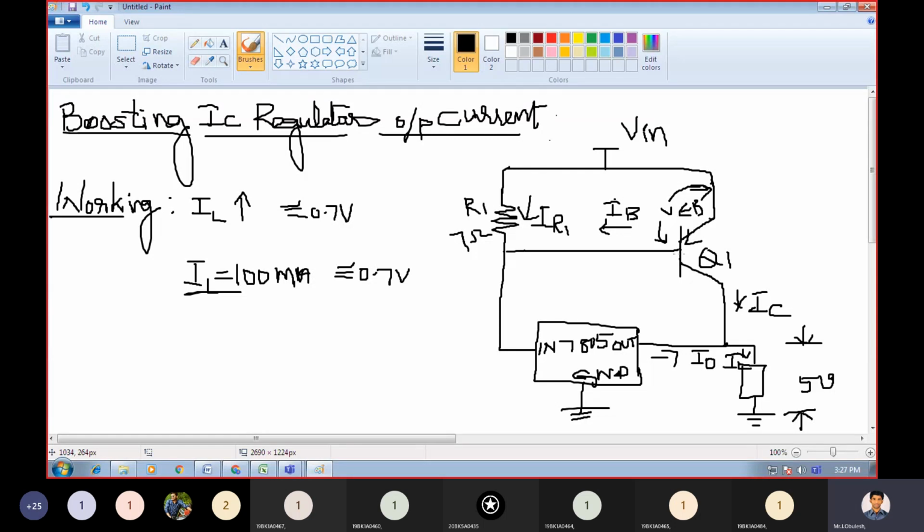In that we have VEB, and if VEB is on, it remains fairly constant, and the excess current comes from Q1's base, after amplification by beta, with the regulator adjusted to IB, so that the IL value is equal to